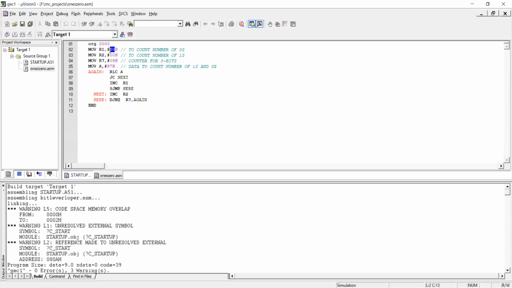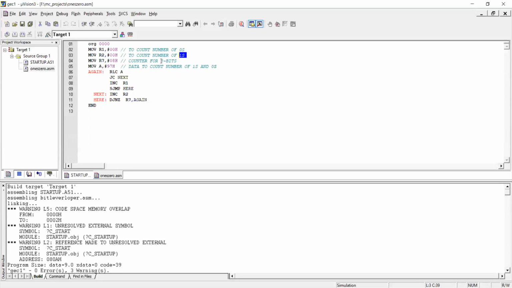R1 is initialized with 00, and it is used to hold the number of zeros in a given number. R2 is initialized with 00, and this register is used to count the number of ones in a given number.